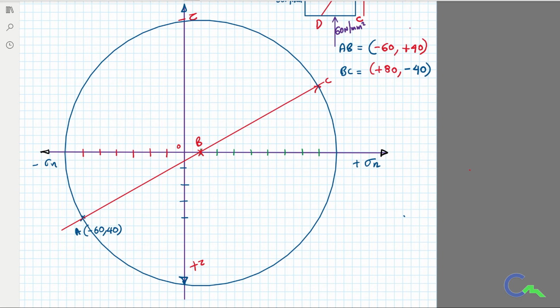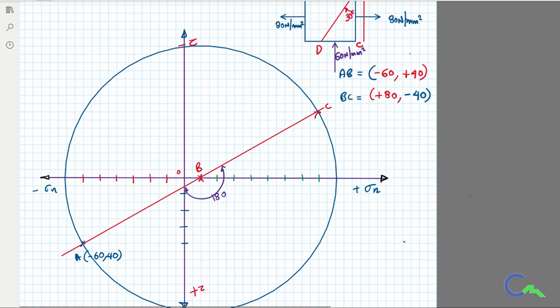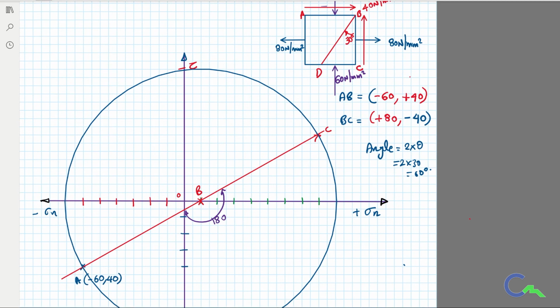You can see here, in actual we have AB and BC which make an angle of 90 degree, but in the Mohr circle it makes 180 degree. So that is double of actual. Therefore, if I want to draw the oblique plane, they give 30 degree, but in the Mohr circle the angle should be 2 into theta. So double we have to take. Therefore 2 into 30, that will be 60 degree with respect to AB. We can see here with respect to AB in the clockwise direction which makes an angle 30 degree in actual, but in the Mohr circle it should be 60 degree in clockwise direction.